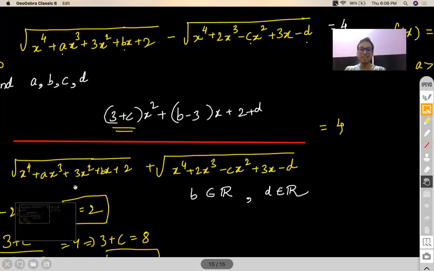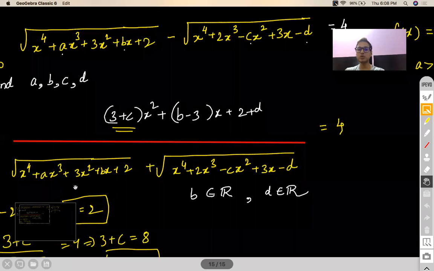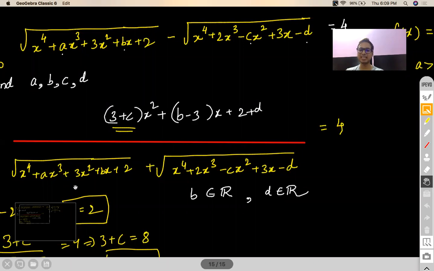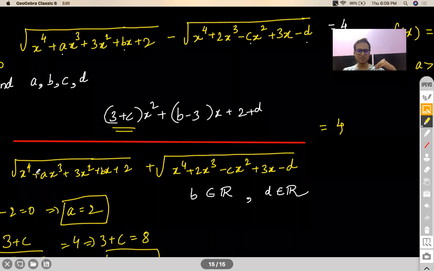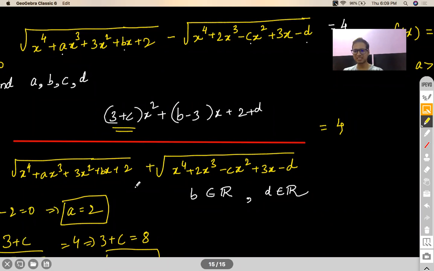No matter in whatever interval your a, b, c is defined here. This term is the leading coefficient because it leads the way. Its magnitude will surpass any other term. Infinity to the power 4 will supersede any term that is going to come after that. Got it, Raghav? Okay. So